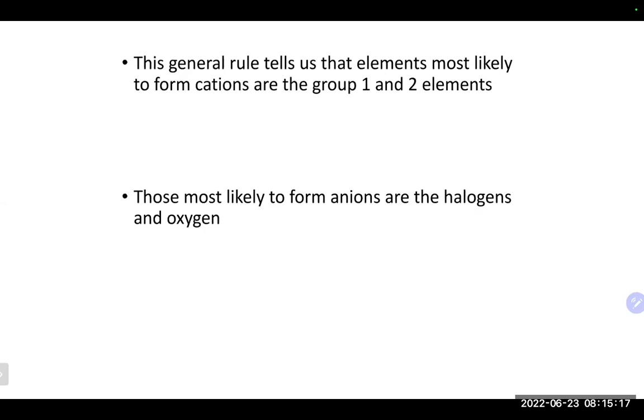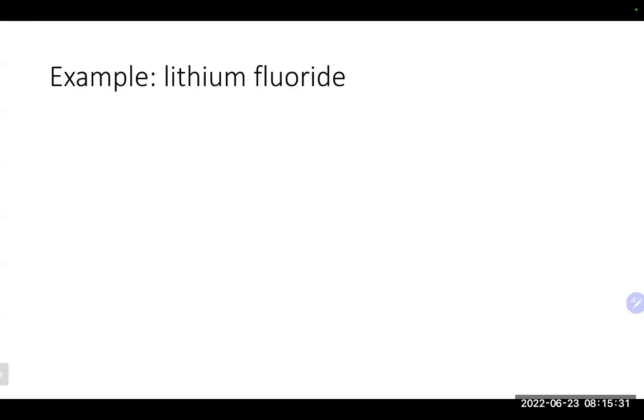So the general rule basically tells us that our metals, really a lot of the elements in group 1 and group 2, will definitely form cations. And the elements in our nonmetal region above the staircase, like our halogens, oxygen, and so forth, will form our anions. So let's talk about the formation of this. If we look at lithium fluoride, for example,